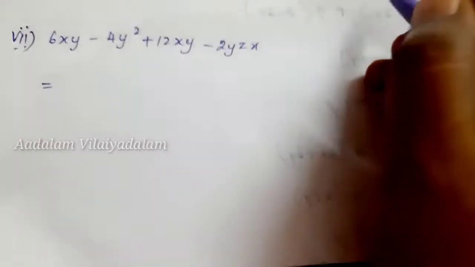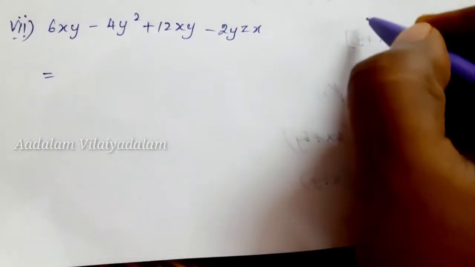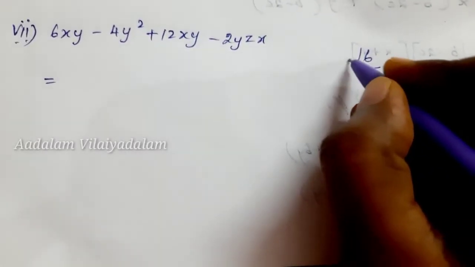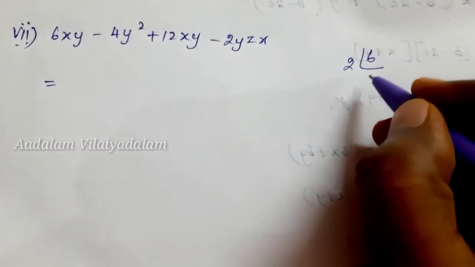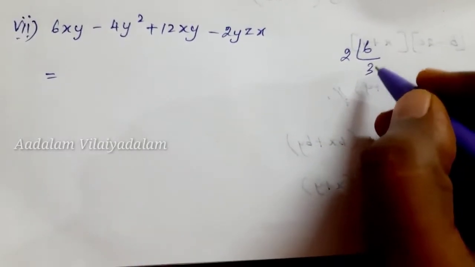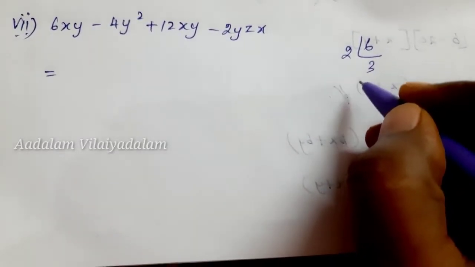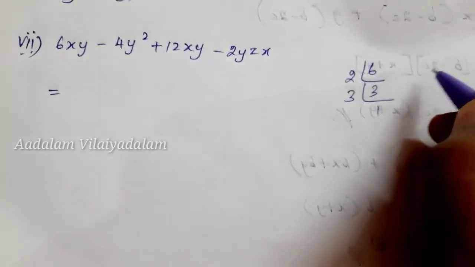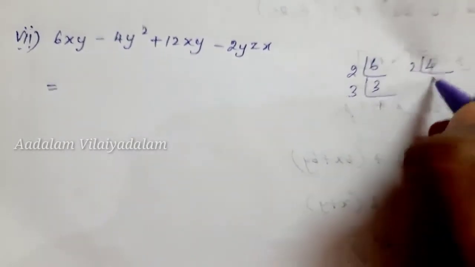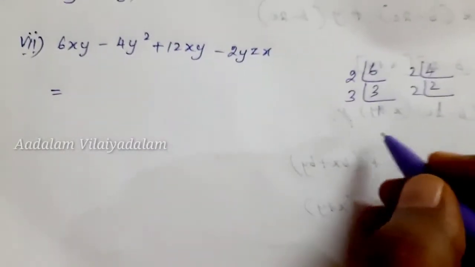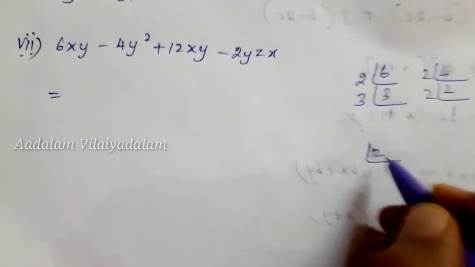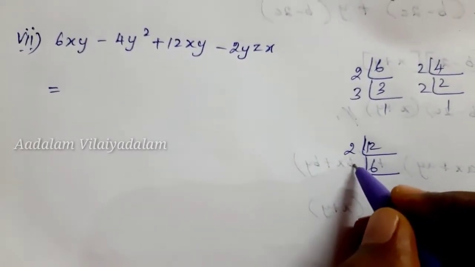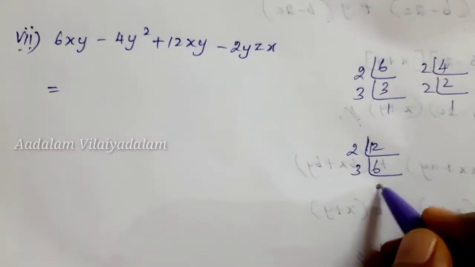So let's do the LCM division, that is for the 6. If we do, we get 2 table. If we apply, we get 2 3s are 6. Then again if I apply the 3 table, we get 1 only. Then for the 4 we get 2 2s are 4. Then for the 12 we get 2 table. If we apply, we get 2 6s are 12. And for the 3 we get 2.